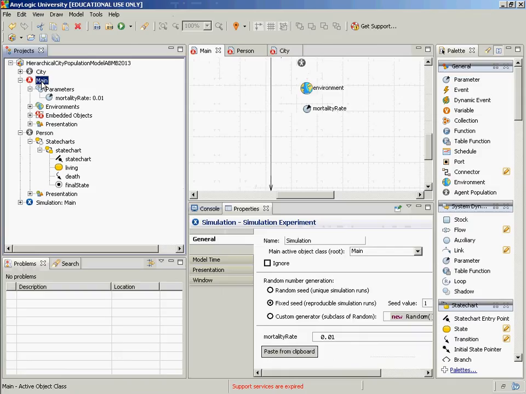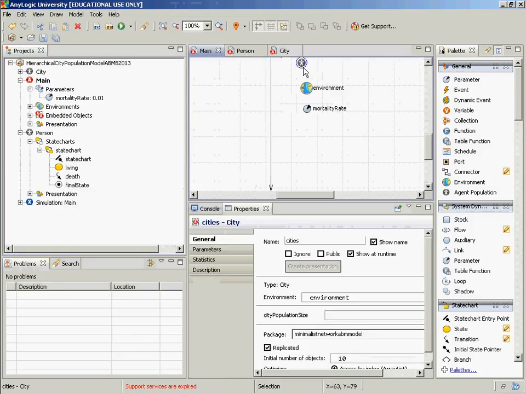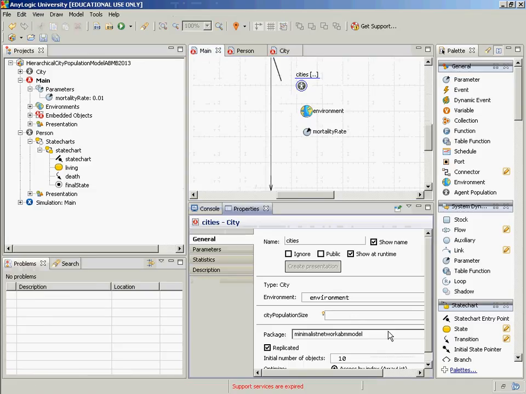Well, there's still one thing we have to do. We have to set the population of cities. So if you go to Maine, and go to cities, we have to set an expression for population size. So in Maine, in the cities collection, we're going to set it